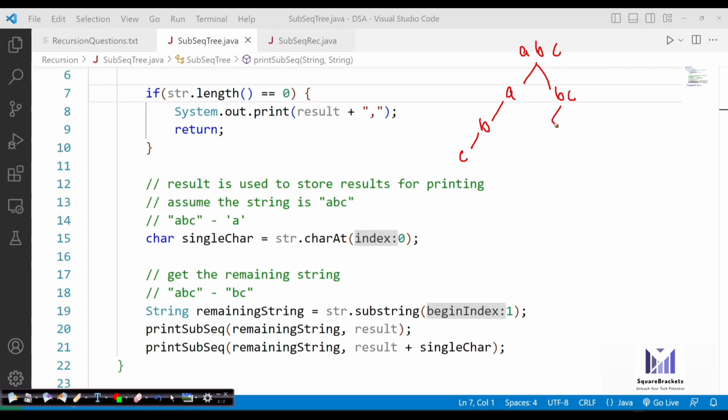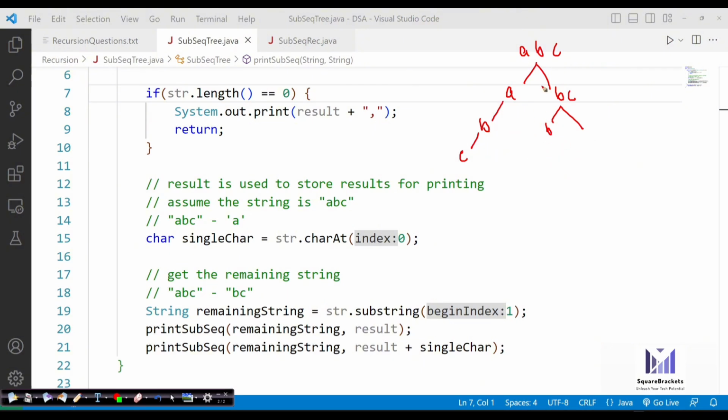Then my single character becomes B and it becomes C. Then my single character stores nothing. And once it will store B. Okay. So this is how it is going to keep on storing the characters.